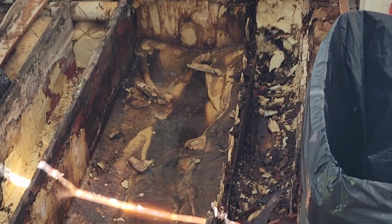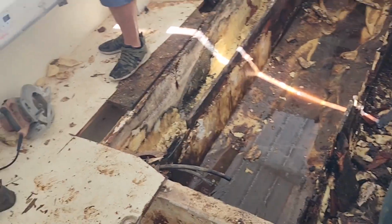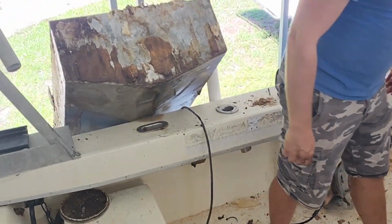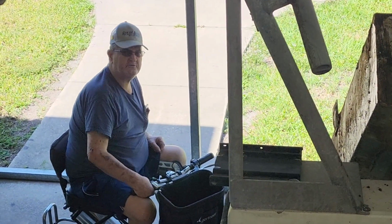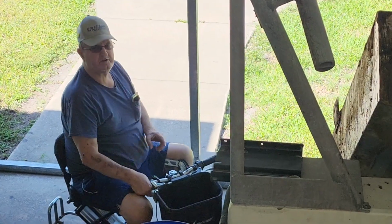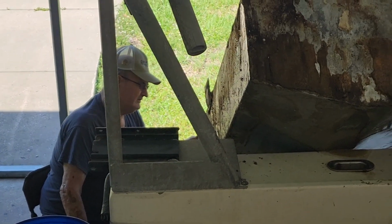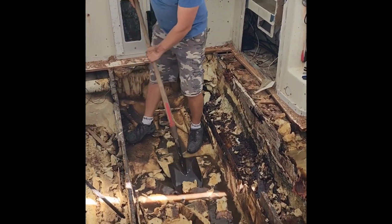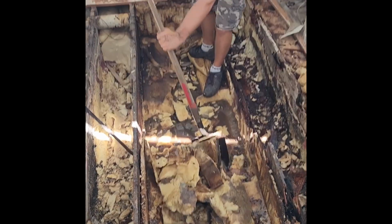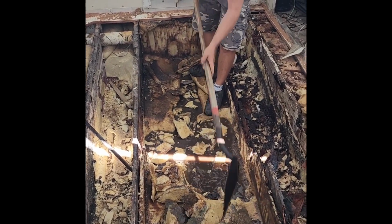The tank is actually in really decent shape. It's a 1992 tank. Look at that. Quite a bit of foam in here. See that new tank, the new poly tank would fit in here, I bet, because there's probably quite a bit of foam underneath there. You can see the ground cover sitting to the side of it. That foam is completely full of water. Pull out the stringer and